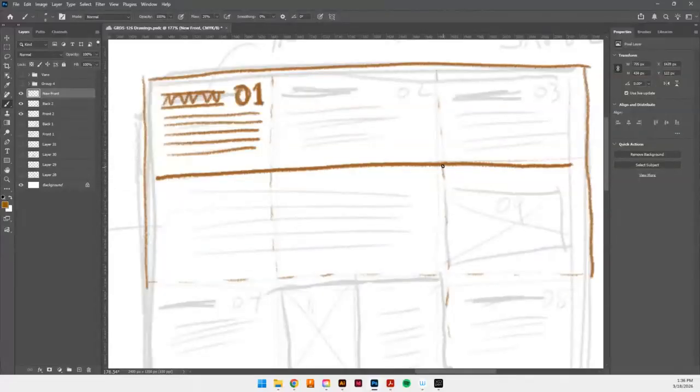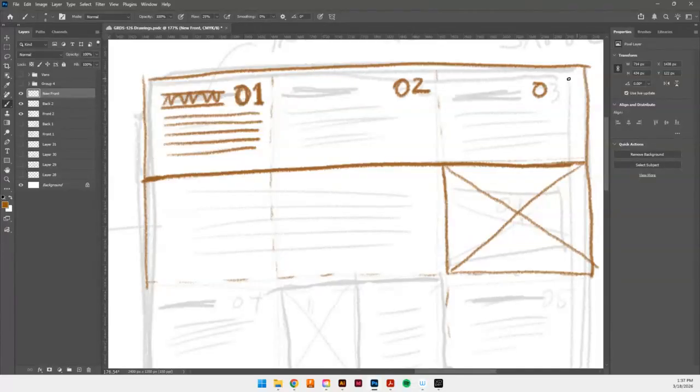And so this could be a picture. This line would go to the edge and go into the picture, and then we have an 02, 03 with the title,